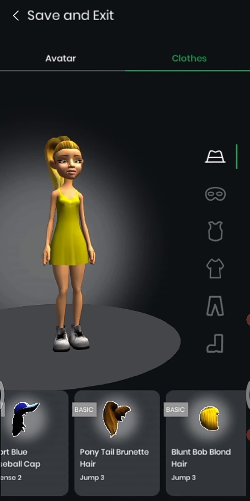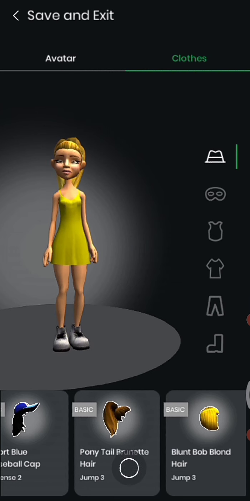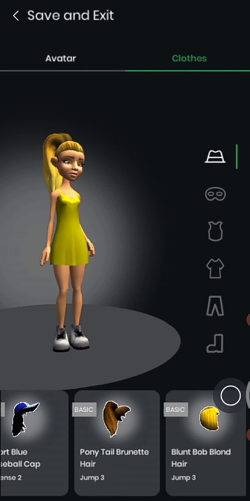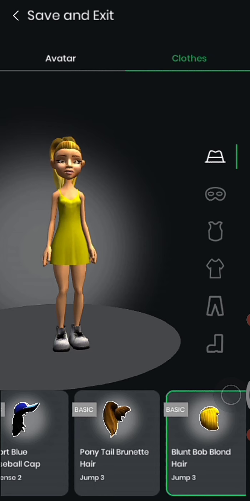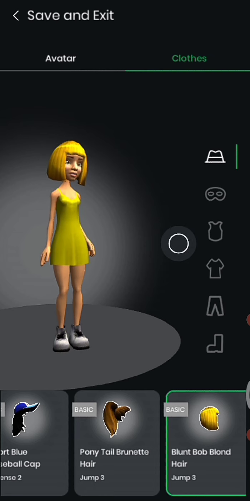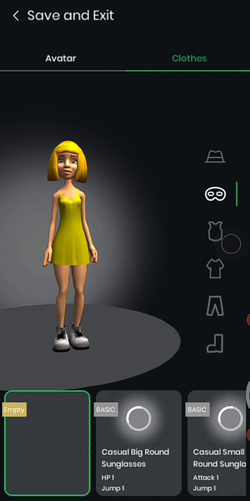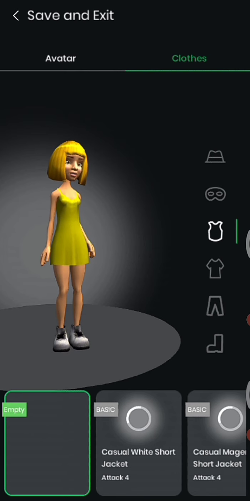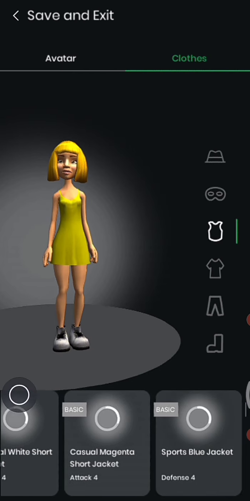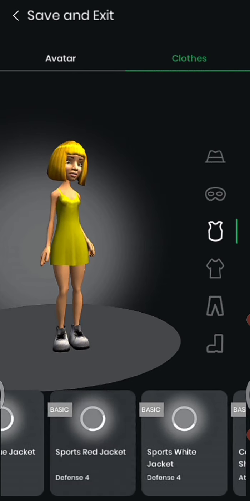Just click and move, children, and apply whichever you prefer. In each category you can find a list of things. Just click and see, the related items will be shown in the bottom.